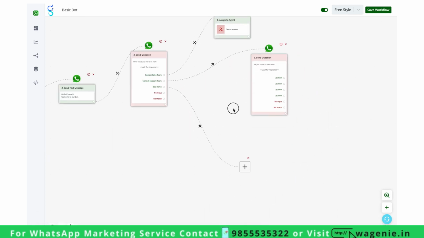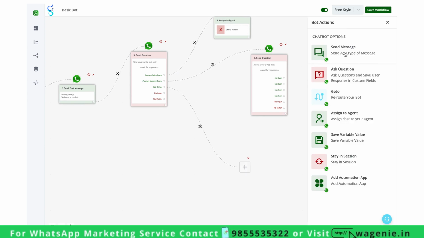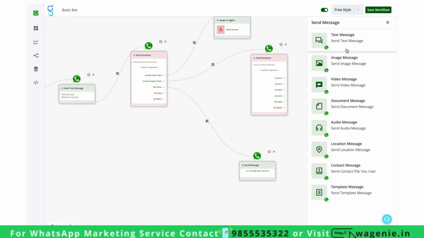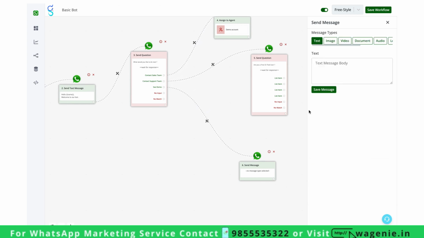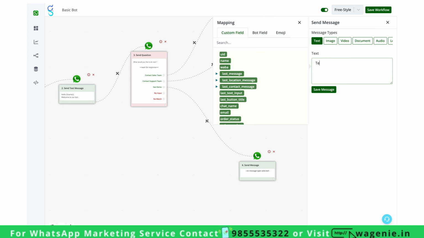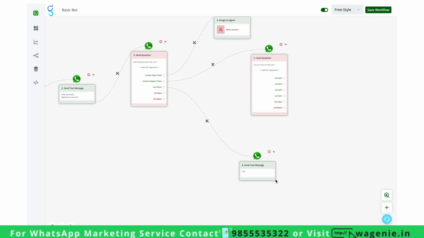Sorry, you can keep adding nodes ahead, and it can be send messages or ask a question. In case of send messages, you can send text, image, video, document, audio, location, contact, or template messages. And in case of the ask a question block,